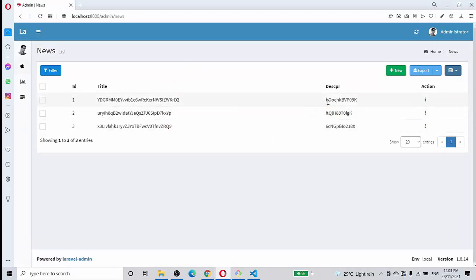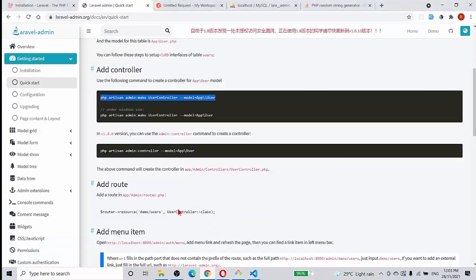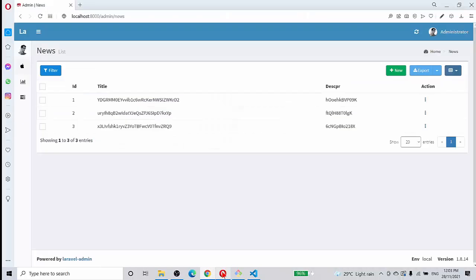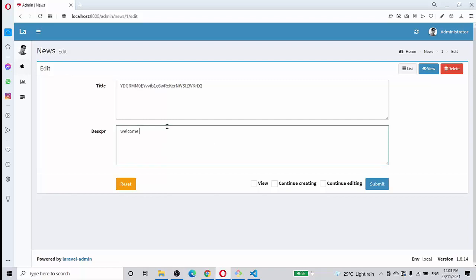For example, the description starts with HOO for the first record. So if you go to Chrome again and look at my data here, it is HOO. So let's go and simply change it to, let's say, WP, the first few letters, or I'll just put Control A and say welcome. So let's go ahead and change here and see. It's possible. And if you want to do the editing, yes, it's possible. You can do welcome home,